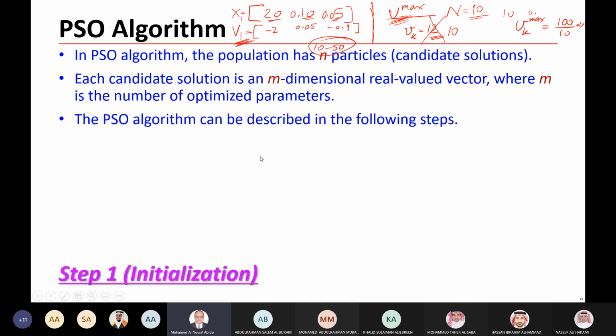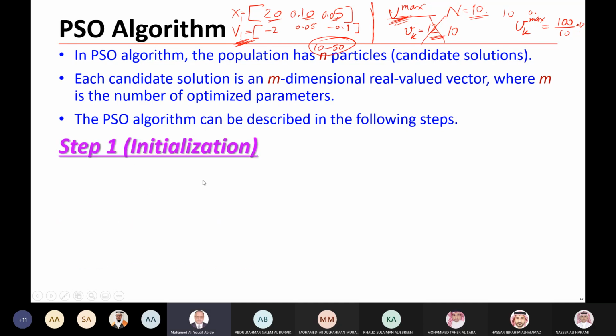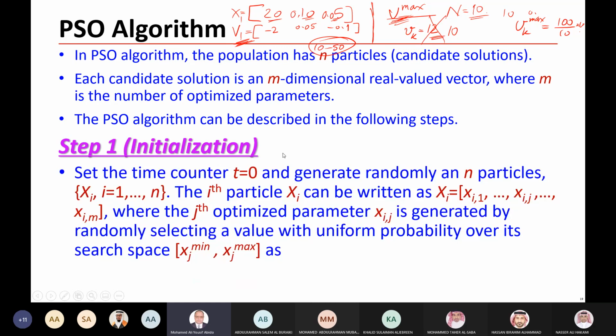The particle swarm can be described in the following steps. The first step is initialization, which is the same as other techniques, GA, differential evolution programming. You start randomly where you have for each dimension, K with T1 with T2, you have minimum and the maximum. Then you can scatter the solutions within maximum and minimum. So set the time counter equal to 0 or iteration counter and generate randomly n particles, x1, x2, x3, x